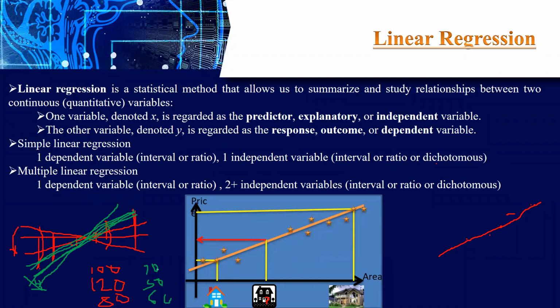Here we are performing a tuning process, right? By moving in this direction like this and in this direction like this. This moving or tuning process will be taken care of by the algorithm. At the end of the day, you have a straight line here, right? For this straight line, you have the equation y is equal to mx plus c, and the values of m and c are there. So this is the base value and this is the slope value. These two are known as the knowledge.